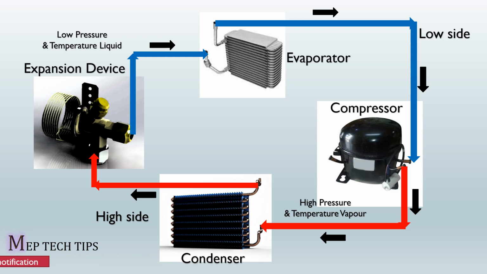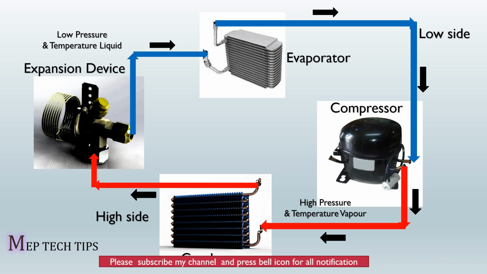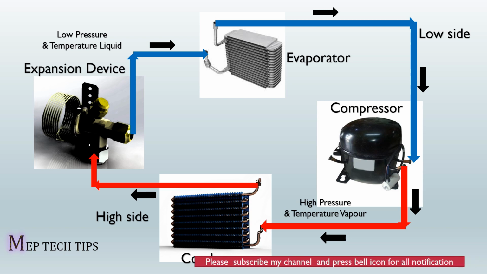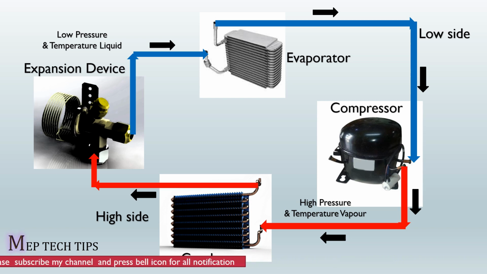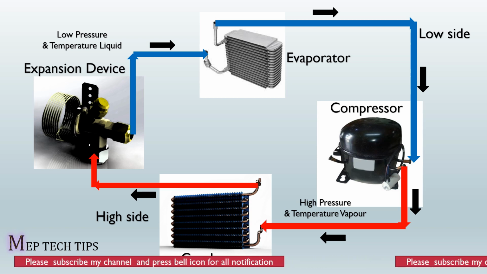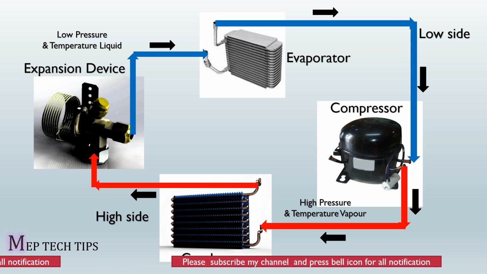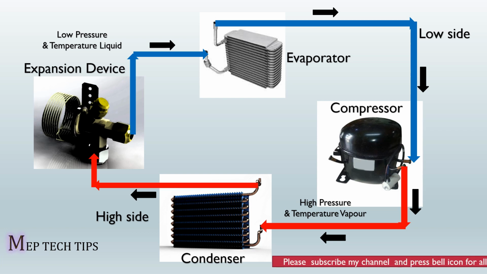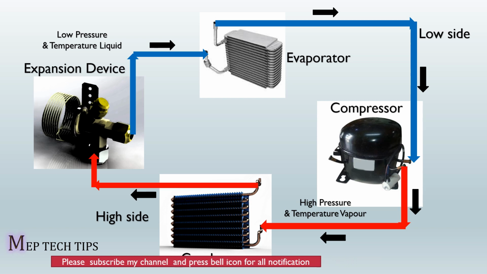If you see R134A properties, its boiling temperature is minus 26 degrees Celsius, and now the compressor outlet is 55 degrees. So when it comes to the condenser, there is a fan behind the condenser, and it is like a heat exchanger. Suppose the outside temperature of the condenser area is 45 degrees Celsius. So what will happen? You may refer to the second law of thermodynamics: heat transfers from high to low. When the air is thrown on the coil, the refrigerant heat will be extracted by the air, and the air comes out as hot air.